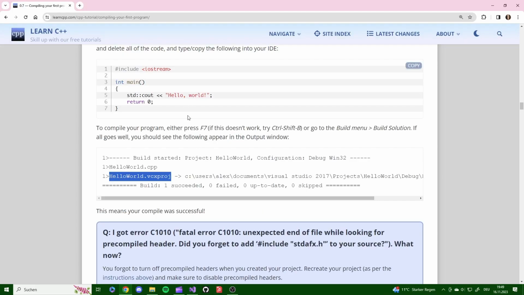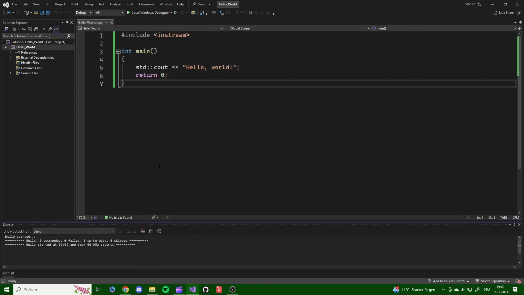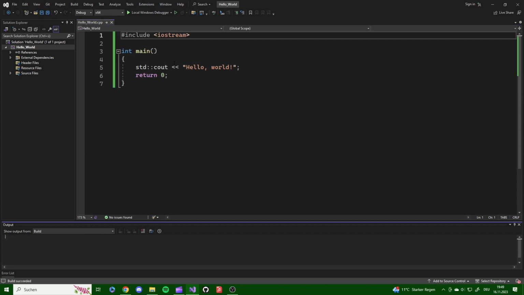And what was the other command? Ctrl Shift B. Let's see here. This works. Now you can see what the other one meant. Build started. Build 0 succeeded, 0 failed, 1 up to date, 0 skipped. Build started at this time. Maybe I have to start at the top. Let's try it. No, but the build started and it could be run,